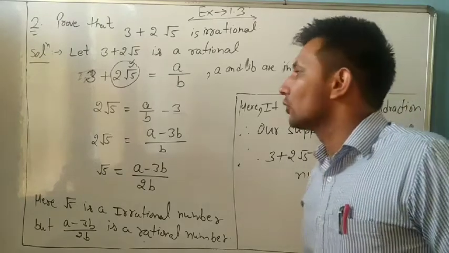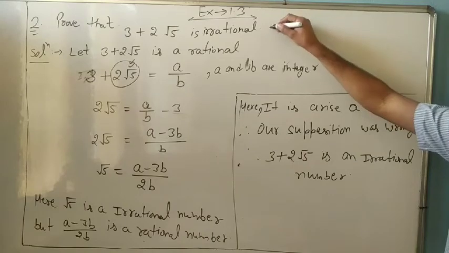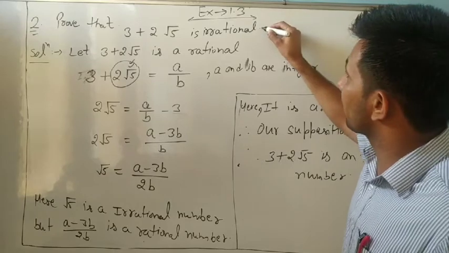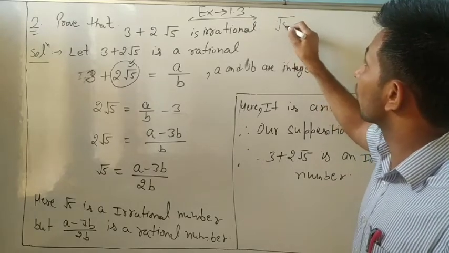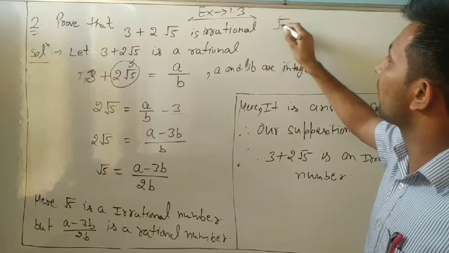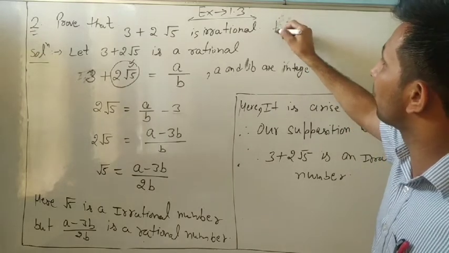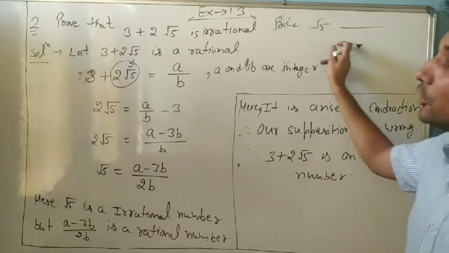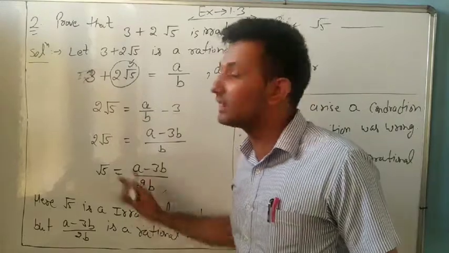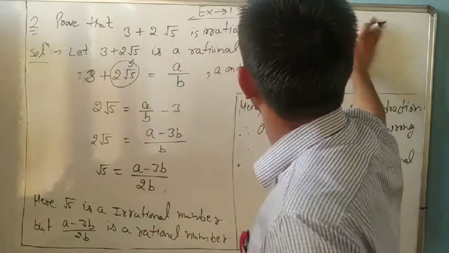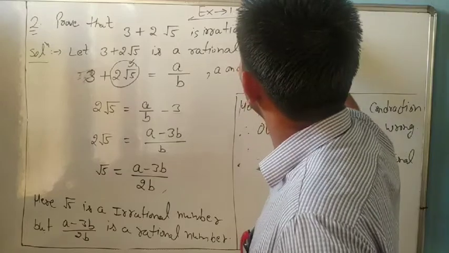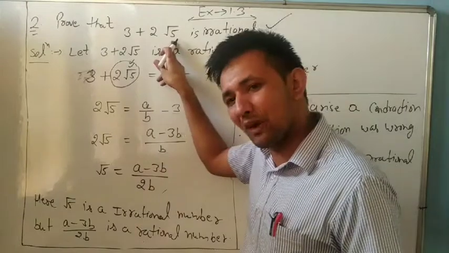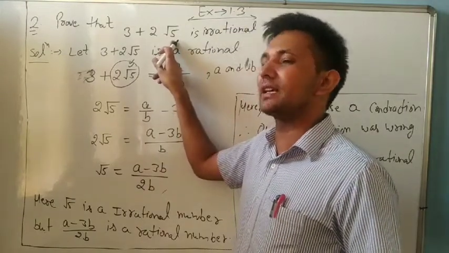Understand it? So always remember dear, whenever this type of question comes, we will write directly. But one thing to remember: if the examiner writes one more line in the question, that also prove that root 5 is irrational, then you will first prove that root 5 is irrational, then you will do this one. But in most questions, 99% in exam, the examiner directly says prove that it is irrational. If it comes directly, no need to prove that root 5 is irrational, root 2 is irrational, you can write directly.